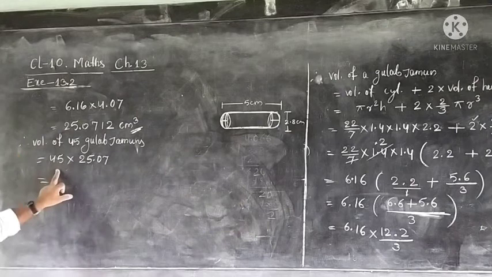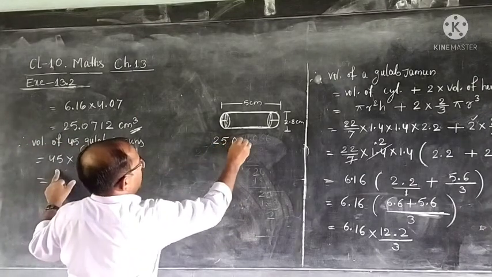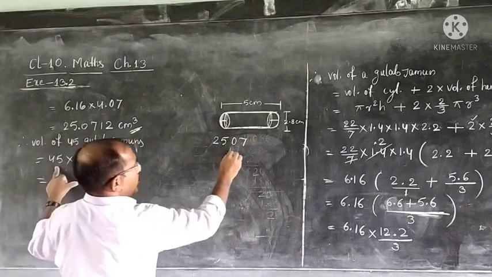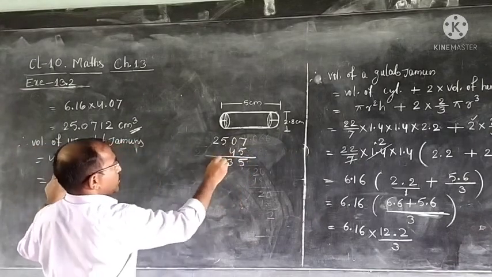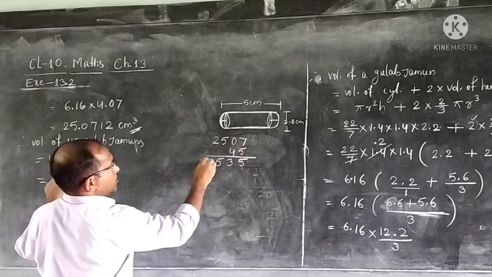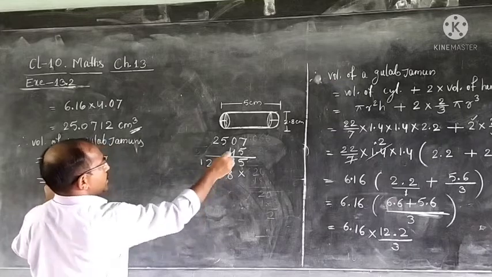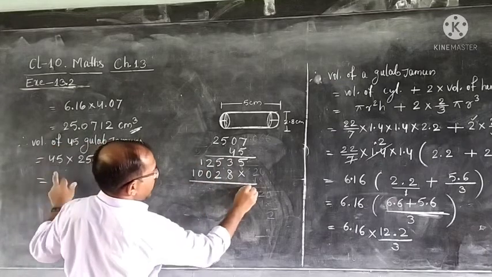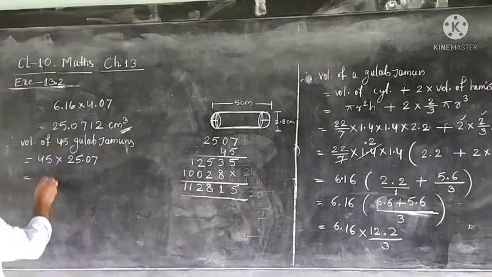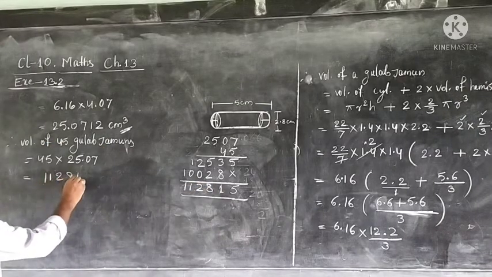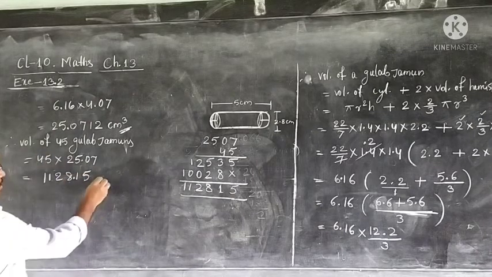So, let us go for calculation. 25.07, point, again we are leaving, later we will multiply. 5 7s are 35, 3, 5 5s are 25, 5 2s are 10 to 12, 4 7s are 28, 2, 5 4s are 20, 4 2s are 8 to 10, 5, 11, 8, 2, 1, 1, 5, 1, 1, 2, 8, 1, 5, and decimal we put after 2 digits.